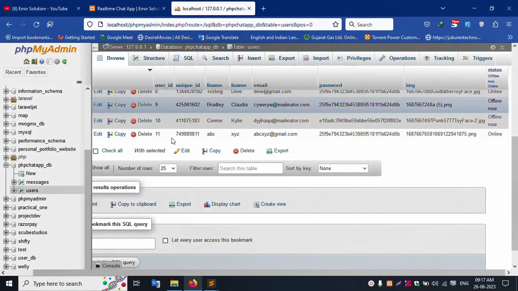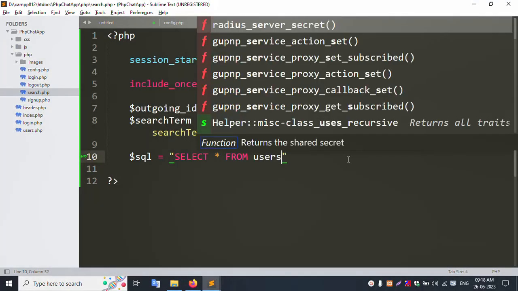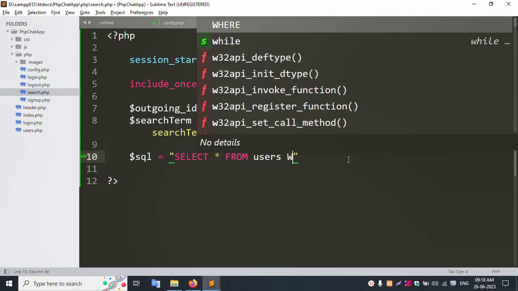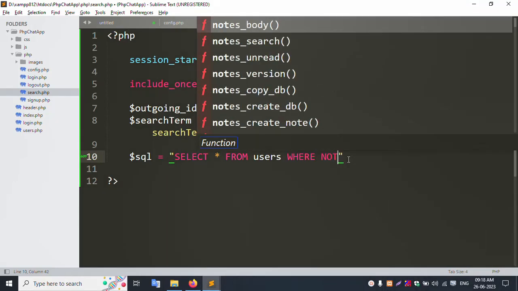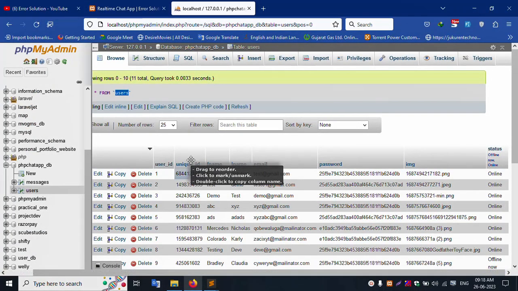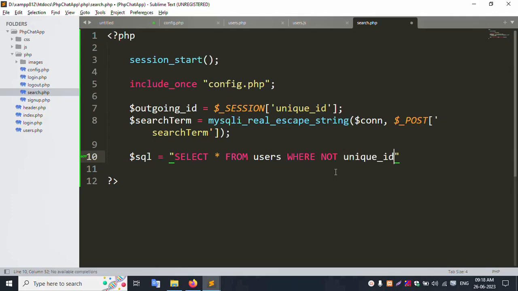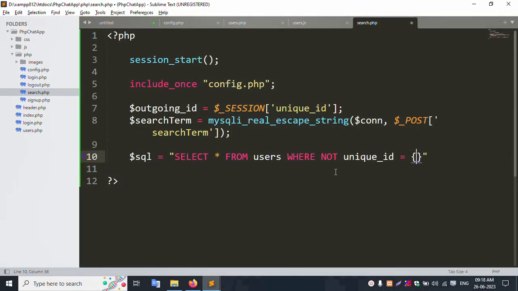Open this database name, this user table, this project inside this user table, copy here and paste here, where not unique ID. This where not unique ID, this unique ID, copy this is equal to this ID dollar outgoing ID add,